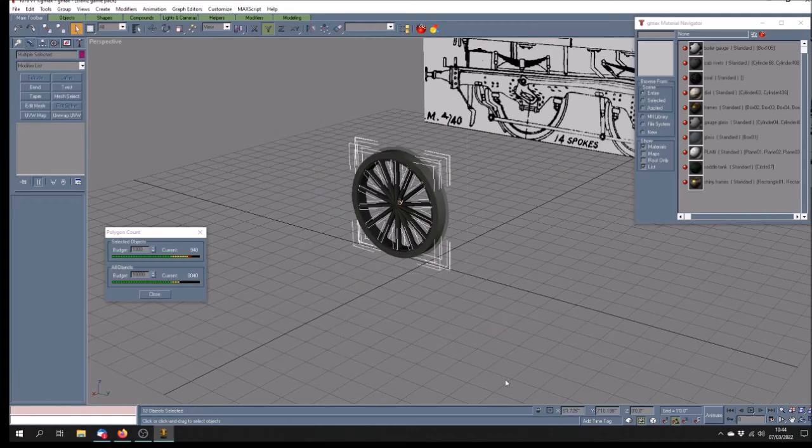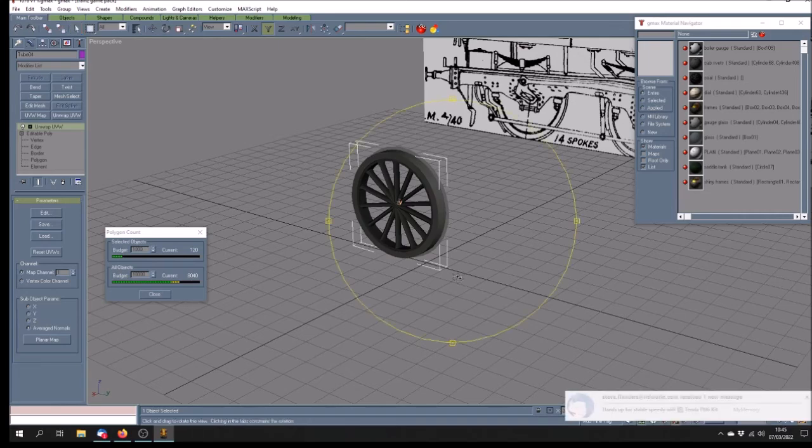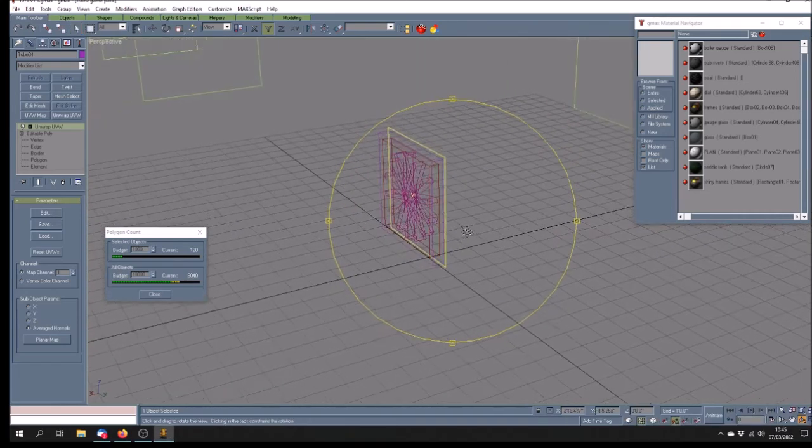Let's have a look. No, 948. So it's an eighth. Now it's going to make 6 times that, of course, so 5,500 eventually. But there are more polys that we can lose, because we've got that flange there, and these are all separate polys, and because we've got that flange there, what we can do now